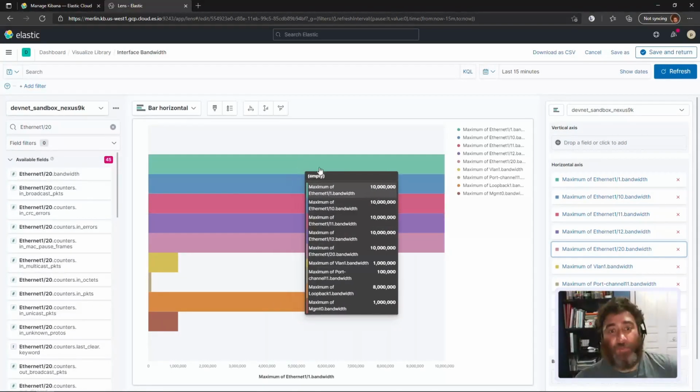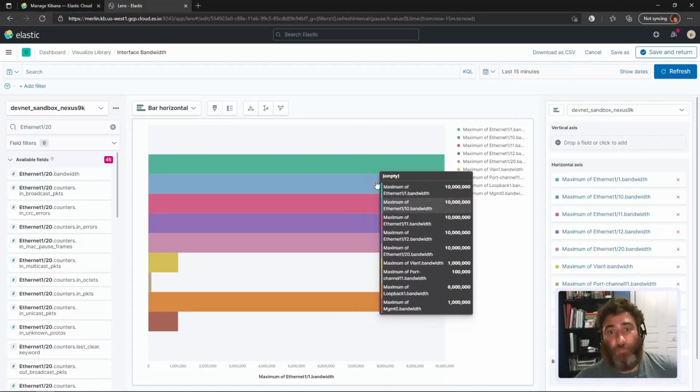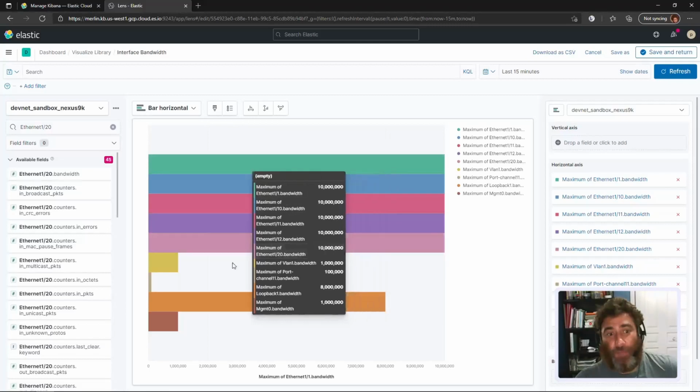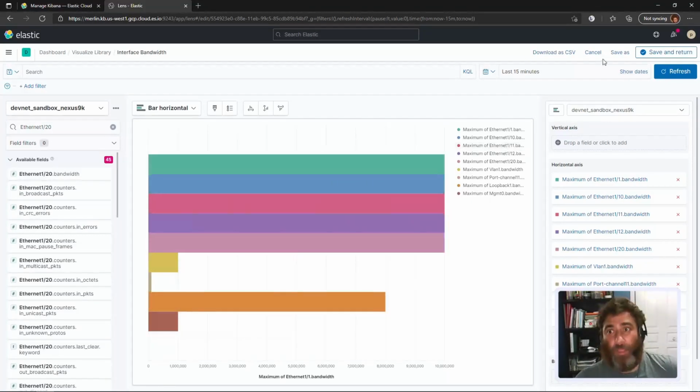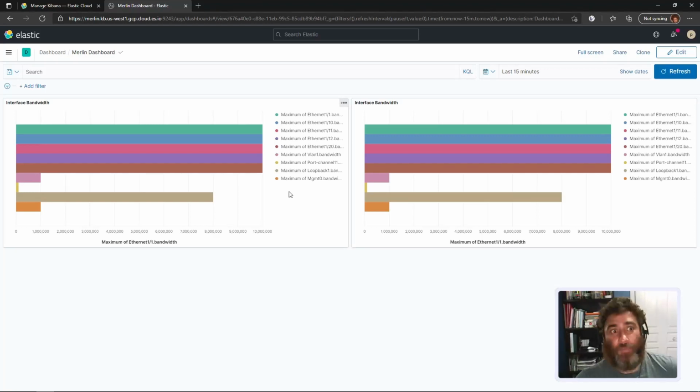And then when you hover over it, it gives you the full detail, and it looks like we could name that. It has to be named. It says empty at the top there. So right now, if I go back to my save and return here, and now in my dashboards, see, yeah,